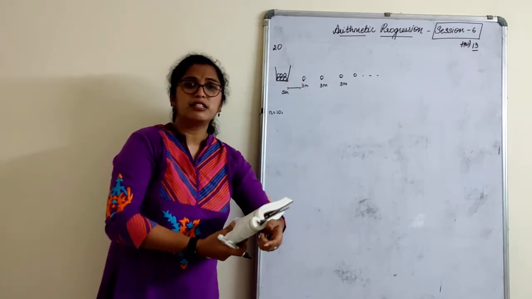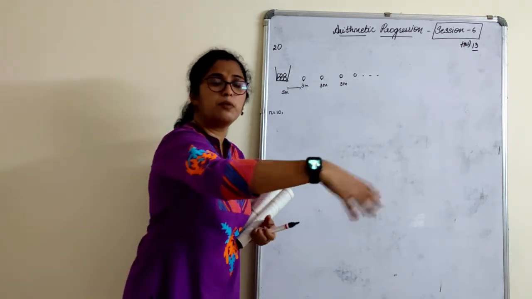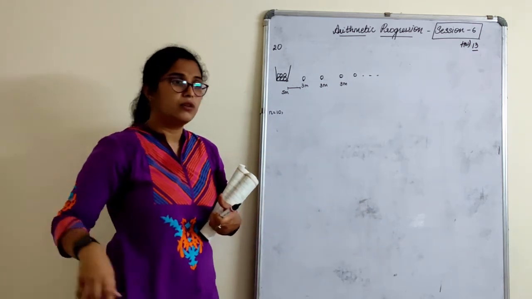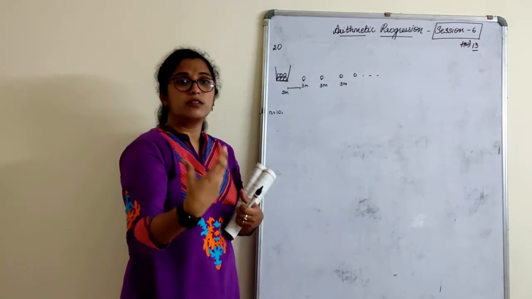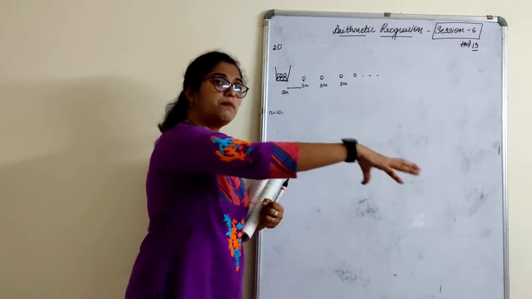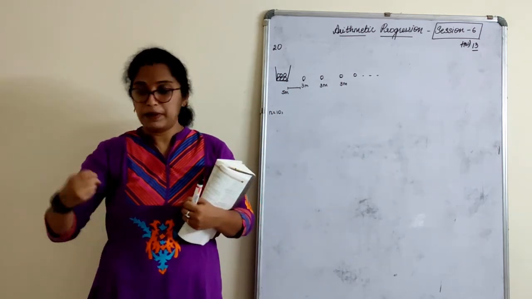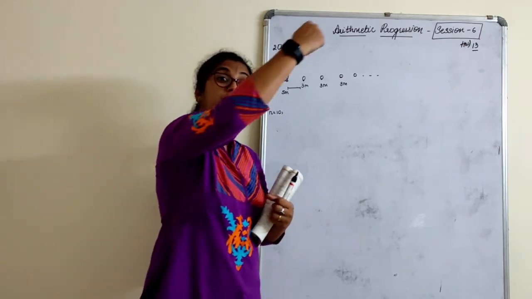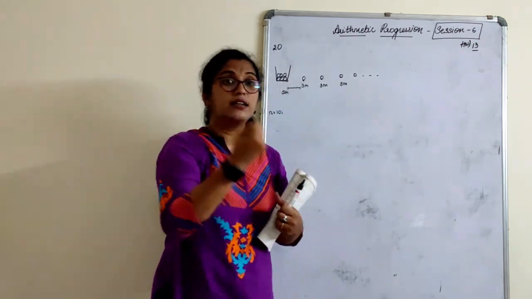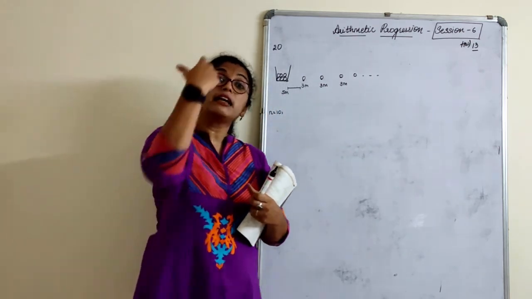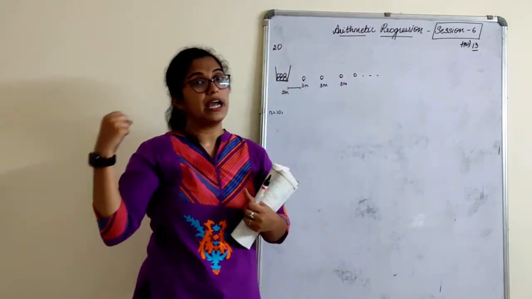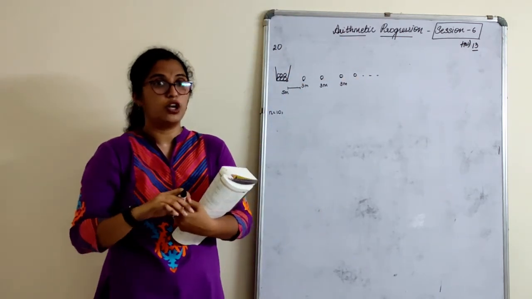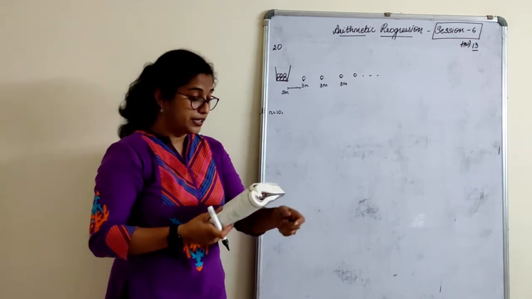You all have played this potato race, right? Do you go pick up all potatoes at once and dump them? No. We pick one first. How is the rule? We run, pick the first potato, come to the place, drop it. Go to the second place, pick that, come, drop it. Then again go to the third place, pick and drop it, right? This is the rule which you all know, and the same rules are followed here.